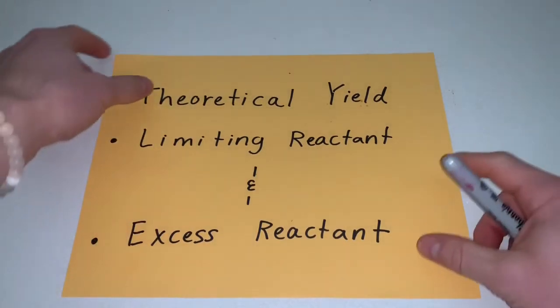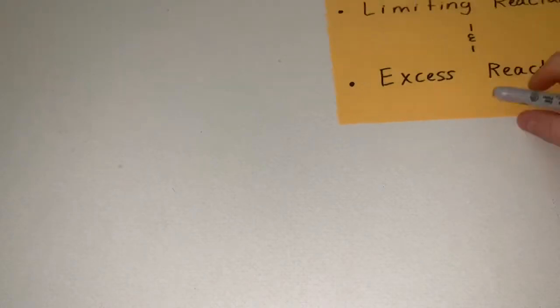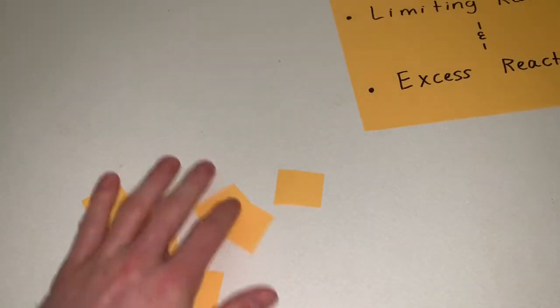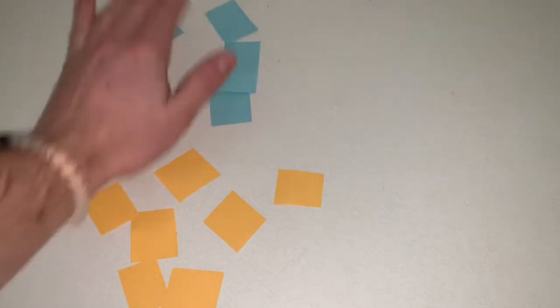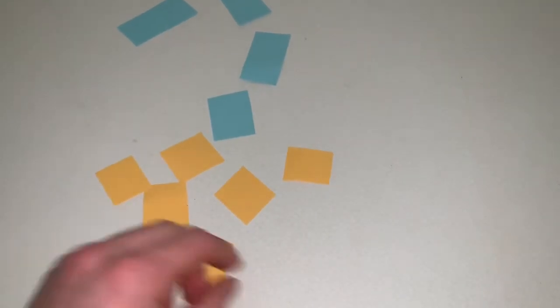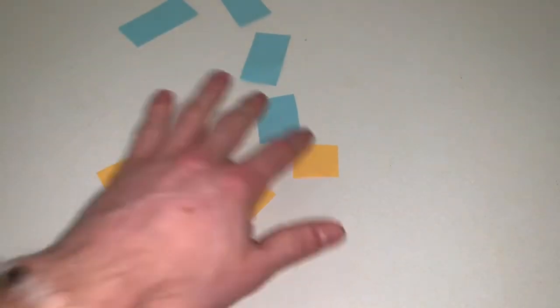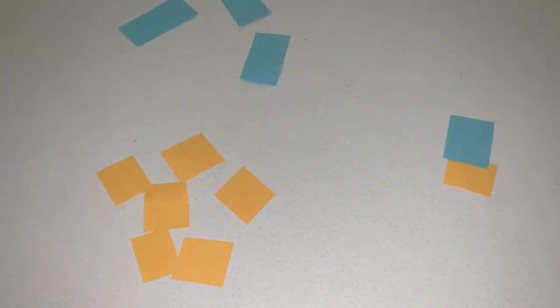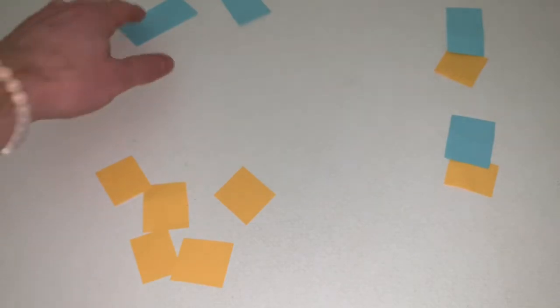But I wanna show you a visual of what this looks like. So I got these different colored pieces of paper. These represent some reactants in a chemical reaction. I've got orange ones and I have blue ones. Now in this reaction, what we're gonna see is that one blue and one orange are gonna come together to produce our product. So we've got a reaction here. One product is created. We've got another reaction here, another product's created, and so